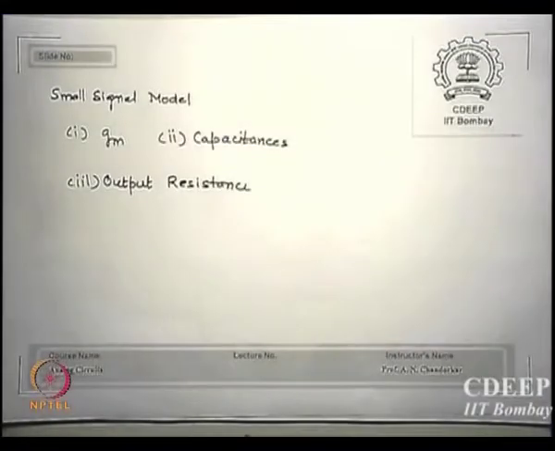So there are 3 parameters for a small signal, as in the case of bipolar, that we will be interested in. One is of course GM, the other is the output resistance, and the third I made a mistake, I should not say capacitance. The model where we are really looking for there is the bandwidth, okay, and bandwidth is related to capacitance. So we will be interested to know in the small signal model of a MOSFET how much is this capacitance and how much are the resistances around, so that we can put a good equivalent circuit, and from that